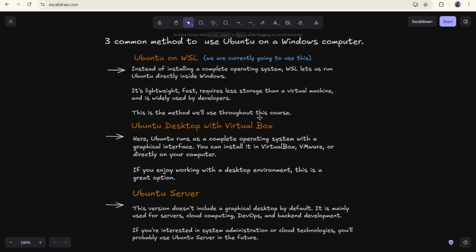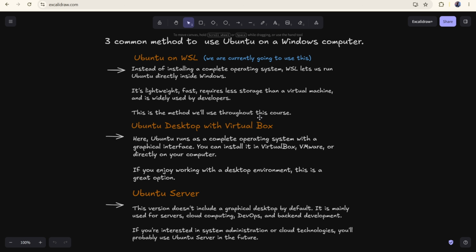The second method is Ubuntu desktop with VirtualBox. In this, first we have to install Oracle VirtualBox, and then we have to install Ubuntu desktop. It is very popular, provides a great environment to work with, and also provides a graphical interface. The last method is Ubuntu server.